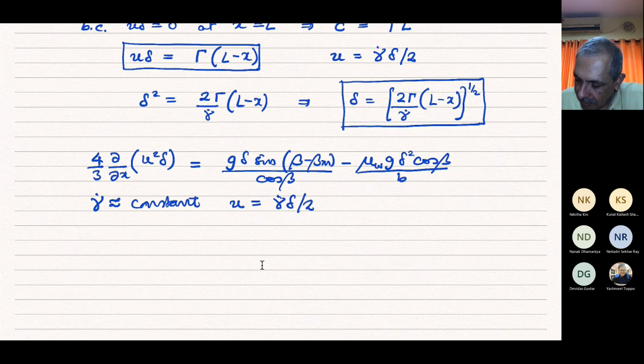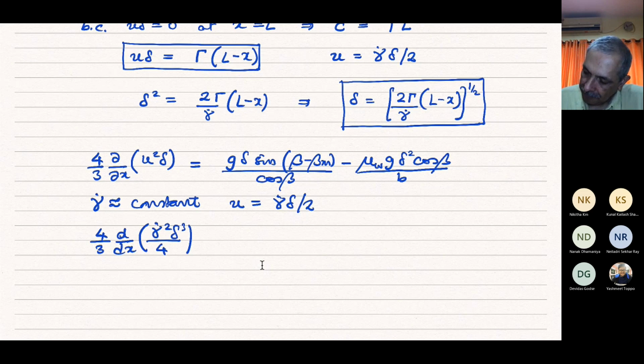Then if we substitute here, you'll get 4 by 3 d by dx of, substituting for this, gamma dot squared delta cubed by 4 is equal to g delta sine of beta minus